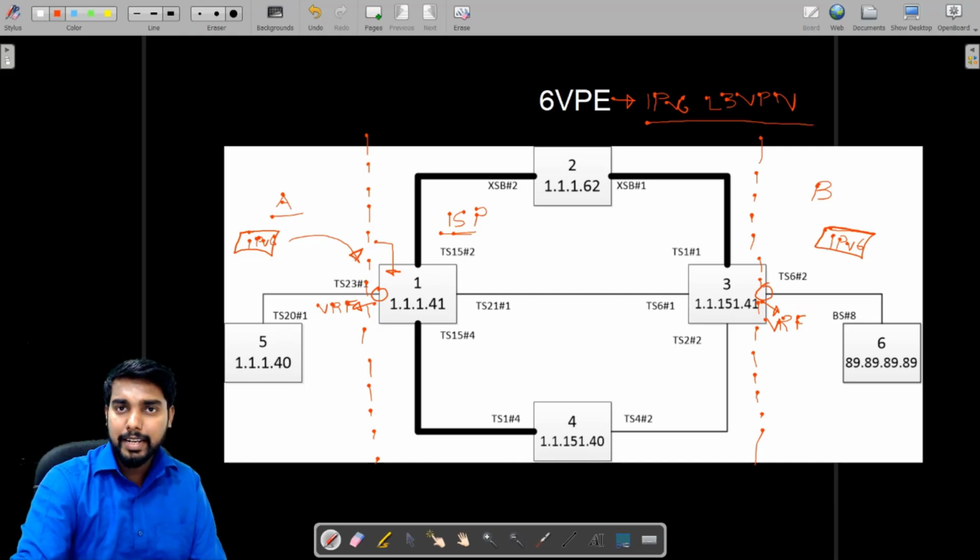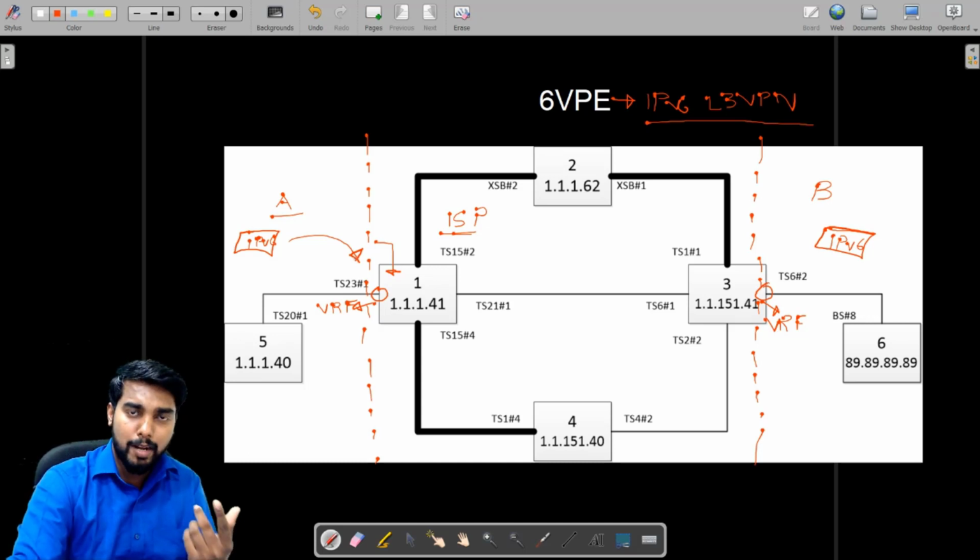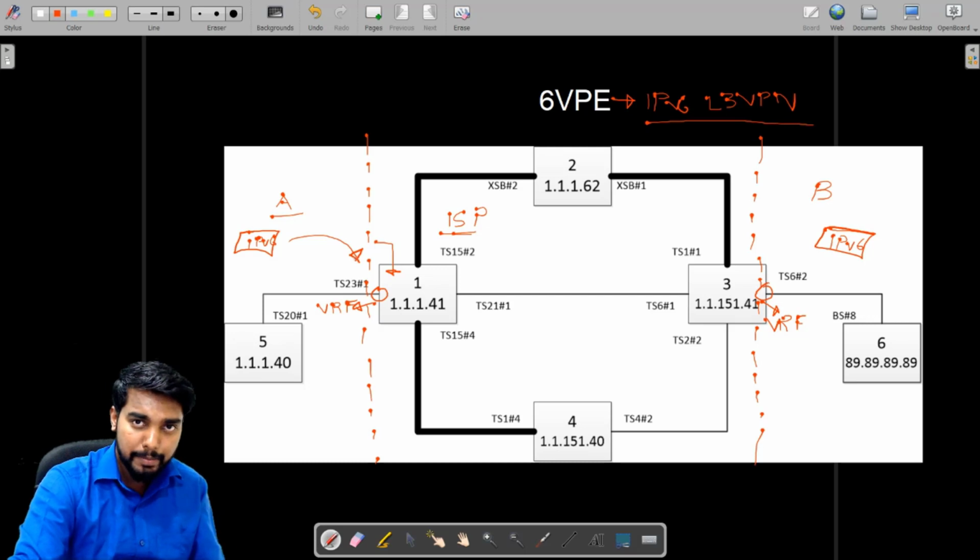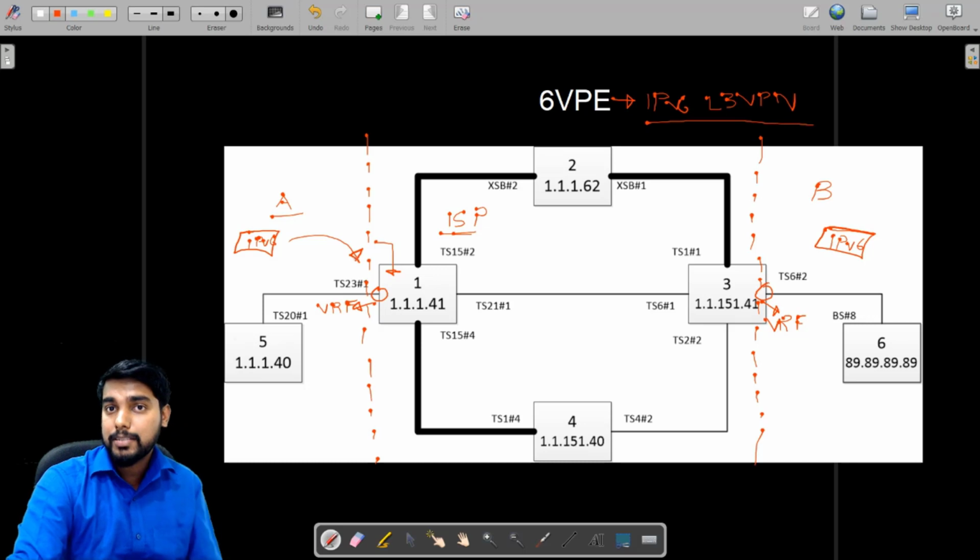So what the ISP can do, if he somehow manages to upgrade the entire network, it will still take time. There are so many routers, so in order to accommodate just one customer, there is so much downtime that needs to be taken, so much upgradation that needs to happen, so much investment for one customer, and also so much time. So considering this, we need some technique where we can keep our existing backbone, and with a minimum number of changes, we can support the new customer with the new technology. And this approach is called 6VPE.